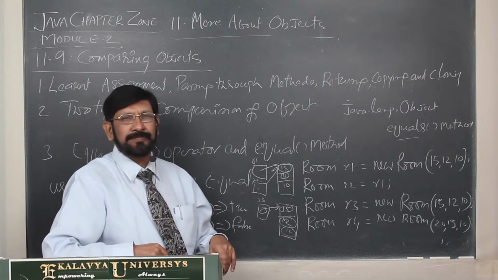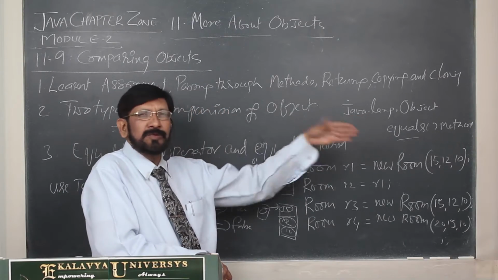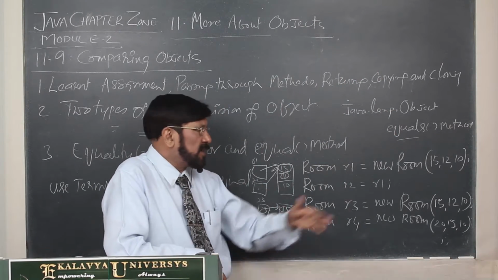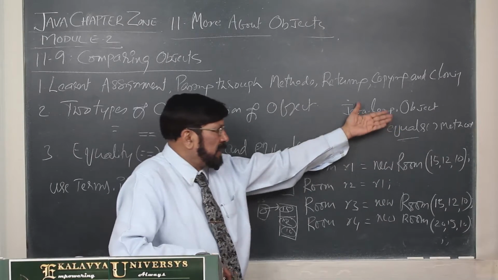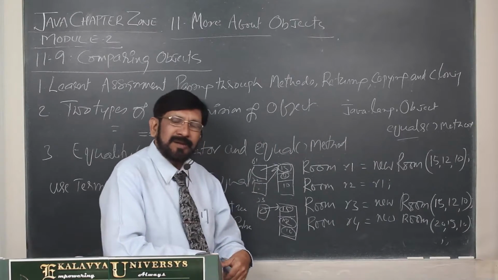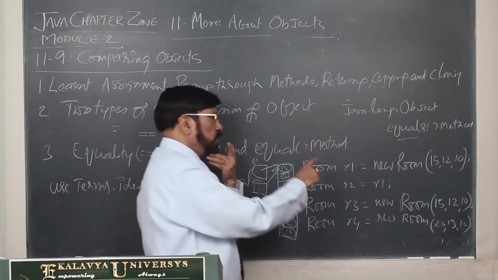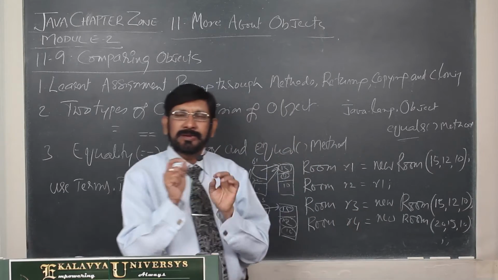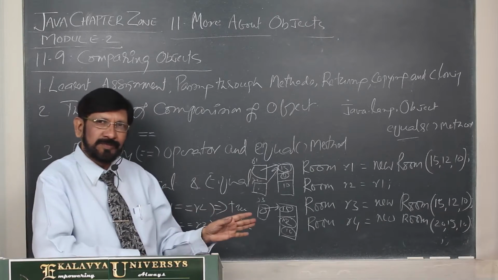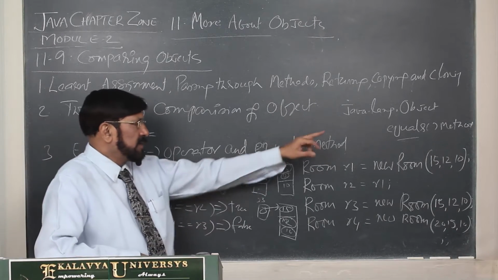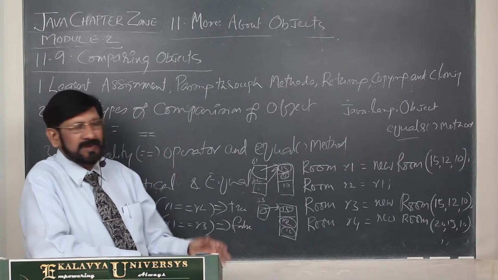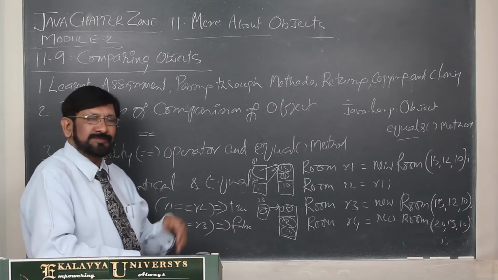Thereafter, the equals method. How do we get the equals method? We get it from our forefather, the Object class. So every Java class gets it by default, because it is our forefather's property. But the equals method also by default behaves like the equality operator only. The equality operator's behavior I told you, the equals method also behaves in the same manner. Then you get a doubt: what is the use of the equals method? We can simply use the equality operator, so why the equals method?